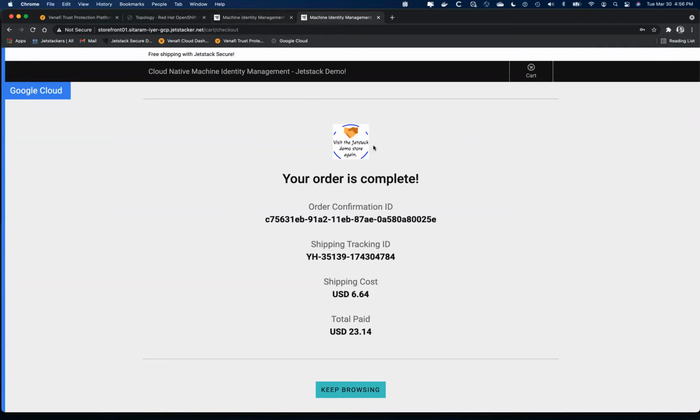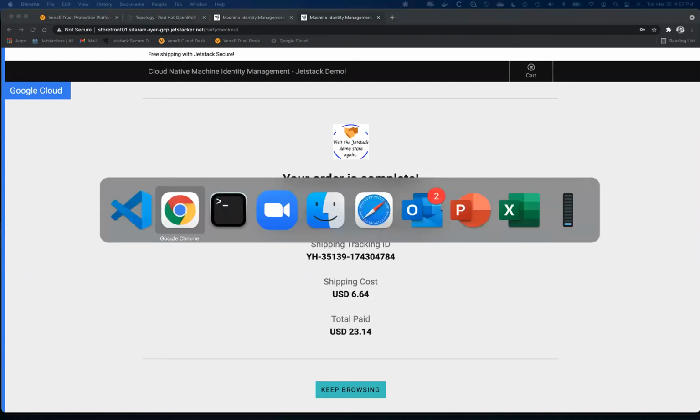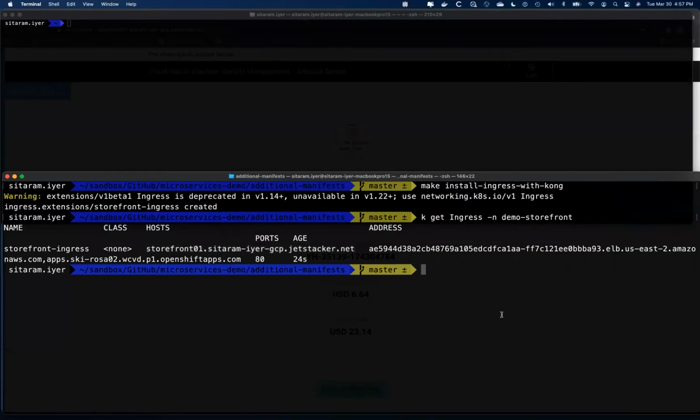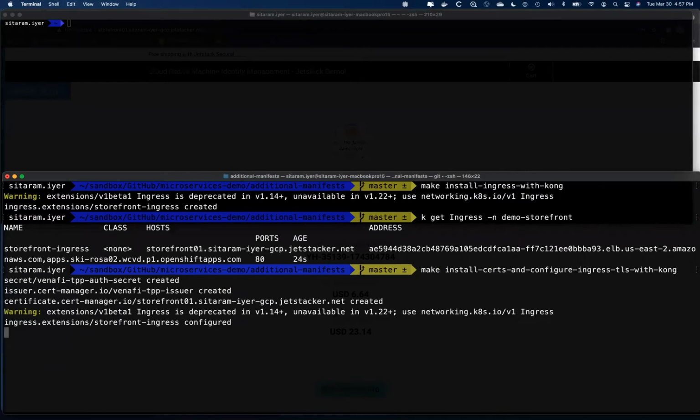So the next step is essentially to secure this. As you see here, this is an endpoint that's not secure. What we want to do is to make sure that this endpoint utilizes a certificate that is issued by a trusted CA. Whenever somebody goes in, they have the ability to trust it. So I have a different target to modify the same ingress, except before it does that, it's going to create a few more resources. Some of the resources it will create are obviously a secret, an issuer, and obviously